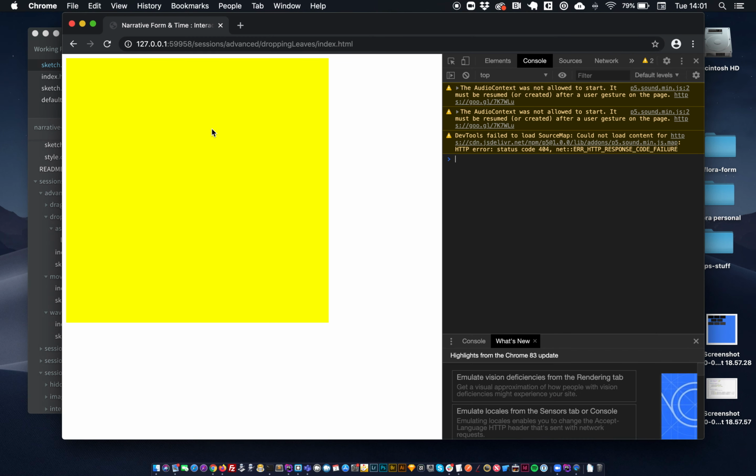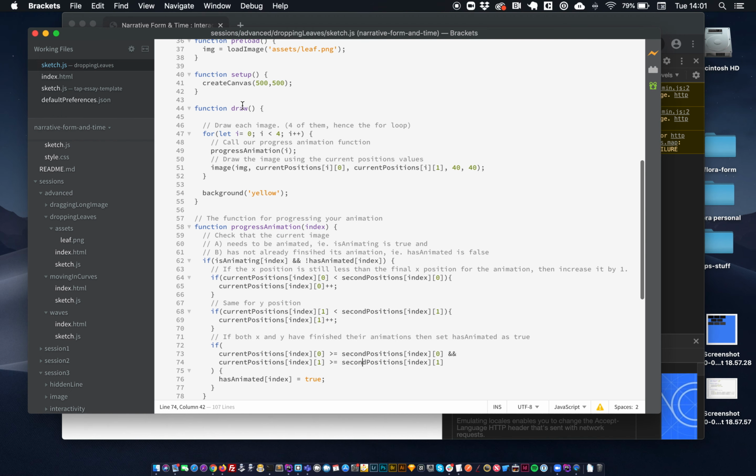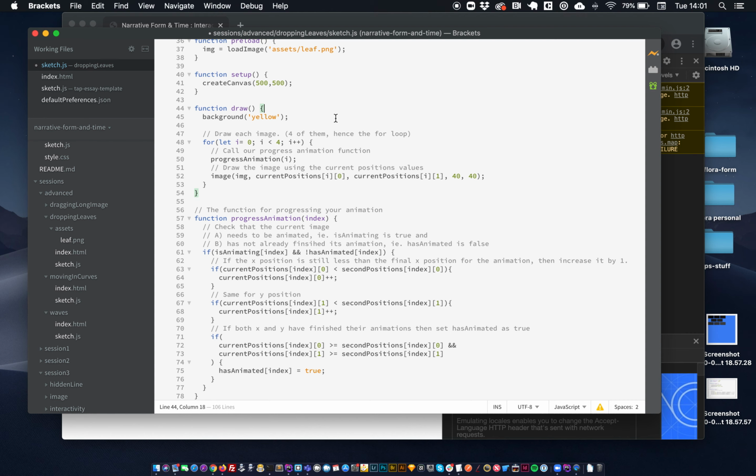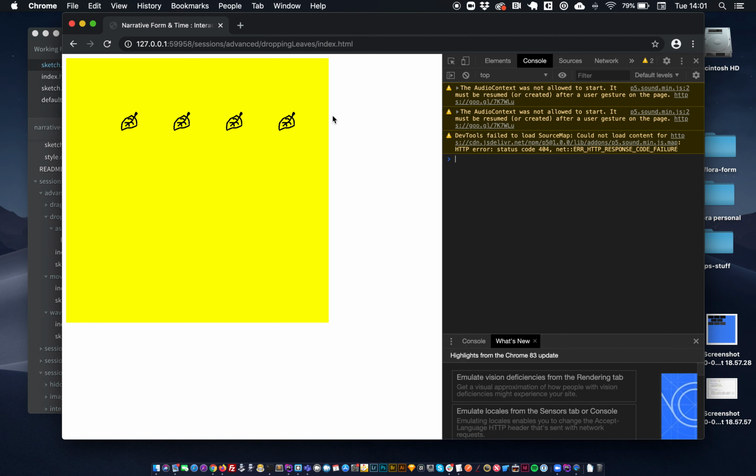Great. But now we can't see our leaves. We've got no console errors though. Hooray. So now we're going to look at our draw function and see why we aren't seeing any leaves. We can see that we're doing all our leaves here, but we're drawing the background over the top. Somehow that's got mucked up and I'm drawing the background before I'm drawing the leaves. So if I save that and go back,